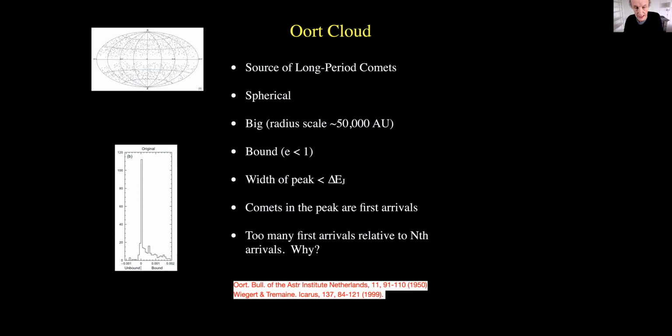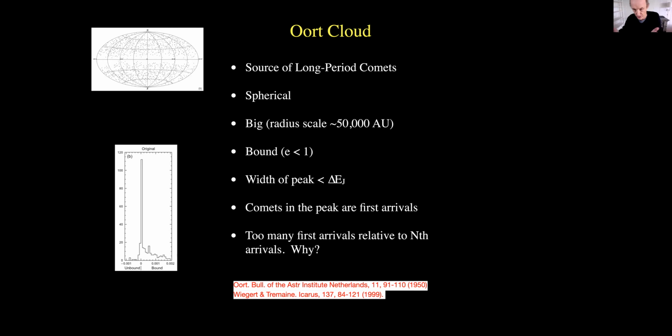The bodies in the Oort cloud are all bound. They're all gravitationally attached to the sun. So they've been there for all of solar system time. And the width of that peak is very small. In fact, it's smaller than the typical scattering in energy space that you would get from a single passage through